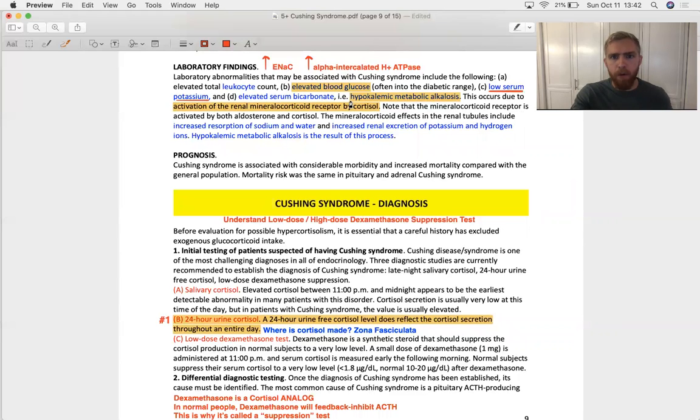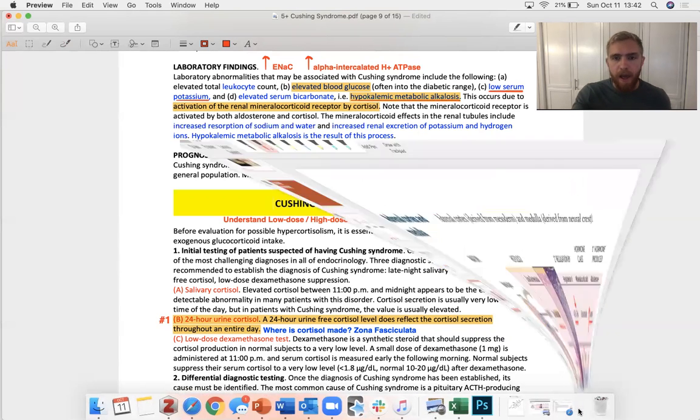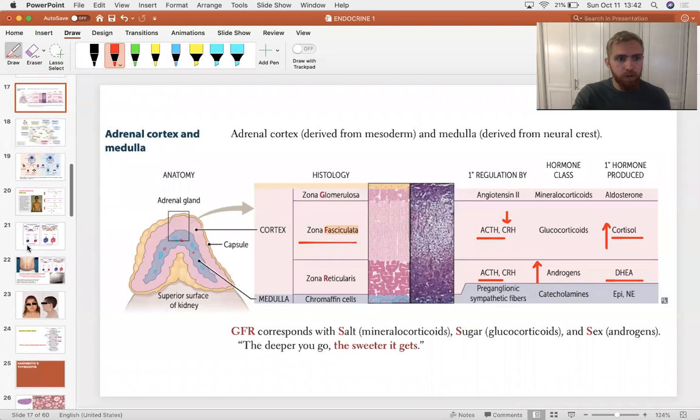Finally, hypokalemic metabolic alkalosis. So we know you got low potassium, but then you also get a metabolic alkalosis. Your blood pH goes up. Why? Well, because cortisol has slight agonistic activity, partial agonist at the aldosterone receptor. So we know that aldosterone is going to cause a metabolic alkalosis,